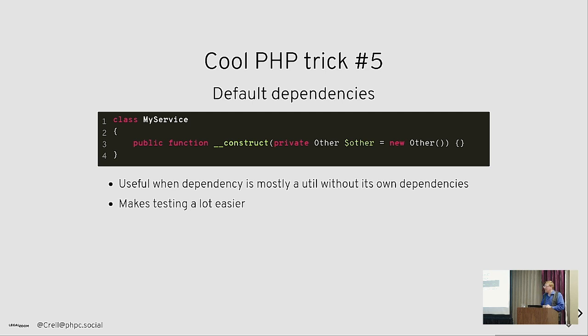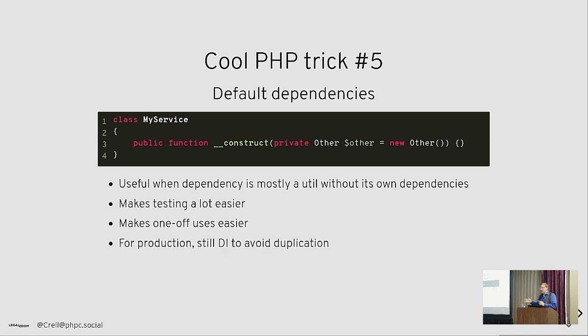This makes testing much easier because I can just create a new instance of Serde common and poke at it. I don't need to go to as much work for setup. I don't need to mock things. It makes one-off uses a lot easier. So if you want to use this in just a throwaway script, it's one new line. You don't need to create 15 wrapper objects the way you do with some systems. In production, you should still wire everything up with your DI container. This is a convenience, but not best practice in general. So all those places where you have a default null logger, you can now just do that inline and forget about it.